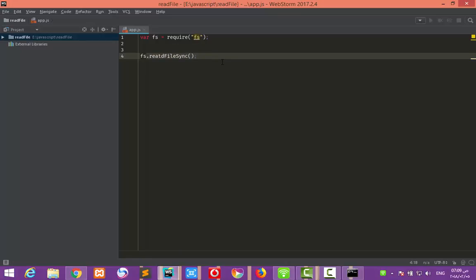and it means reading the file synchronously: the computer or the processor starts reading the file and stops on reading the file, and then does not enter the next line of code until finishing the reading of the file. The first parameter is the path of the file, so we just create a new text file